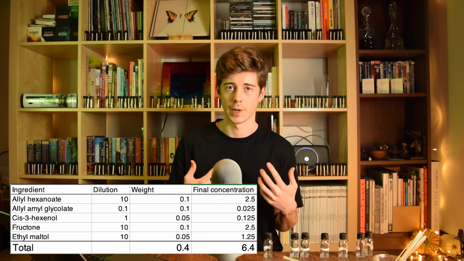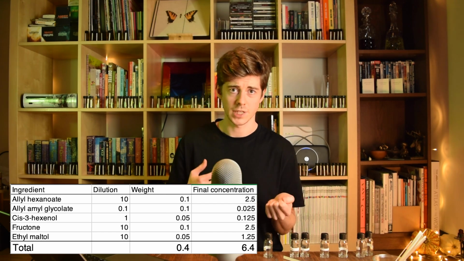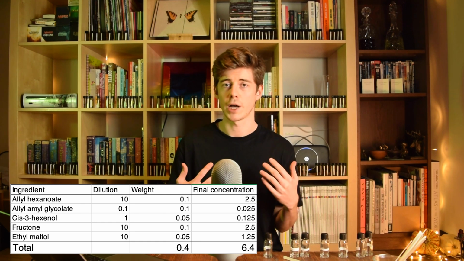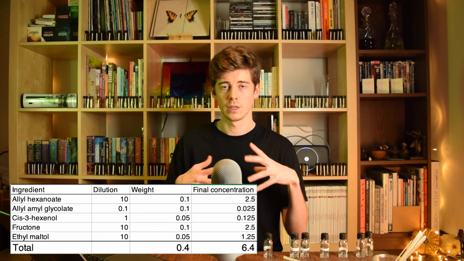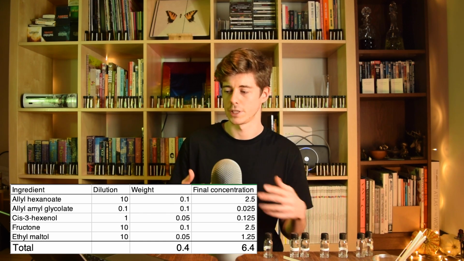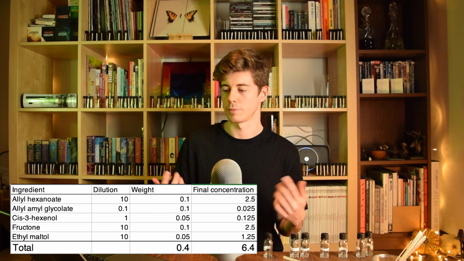concentration of allyl hexanoate, which is much closer to that 1% scent strip than the 10% dilution we were making it from. So that's why I decided to go one level up, making the blends, because I knew that that concentration of it would fall back down. See, we started with 10 and we ended up with 2.5.